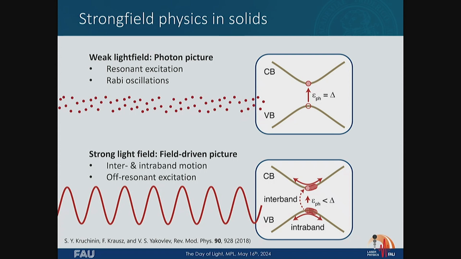So the light field can just wiggle the momentum of the electron. And then when the electron comes in here with a certain momentum, it can undergo a transition. This is the Landau-Zener transition. So you can have excitation from the valence to the conduction band, also for non-resonant light. And that makes this so interesting, that non-resonant light via intraband motion can drive interband transitions. It's very, very different physics than Rabi physics.